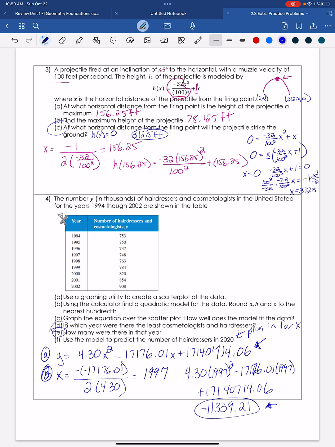And I got negative 9,106.14. So I'm not sure what went terribly wrong with this equation,